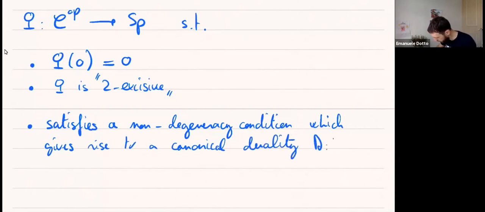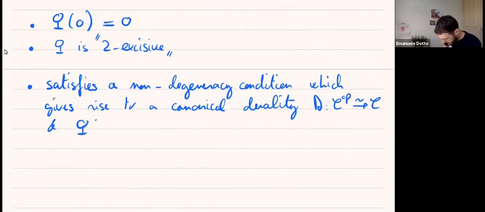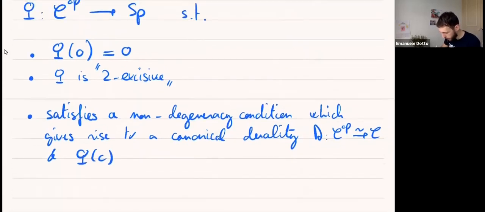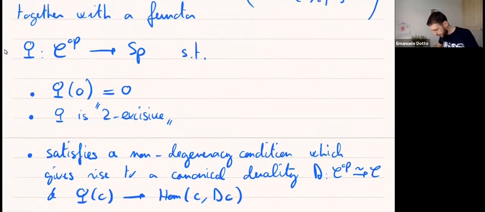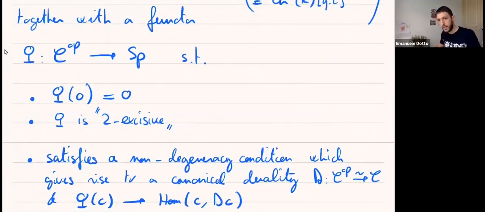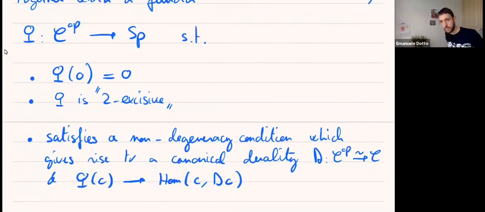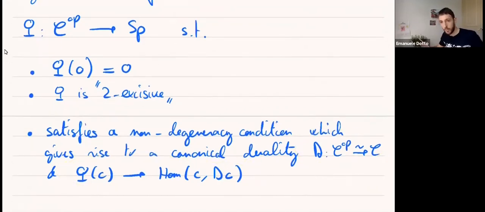It's a functor, an equivalence of categories from the opposite category to C. And not only that, but also a map from the value of this functor Q at an object into the morphisms from C to the dual of C. Okay, and I've given a few talks about this, and I usually spend some time explaining exactly what this condition is, and I don't think it's worth it. So this is really all you use,